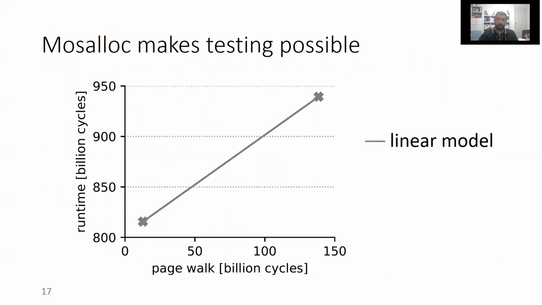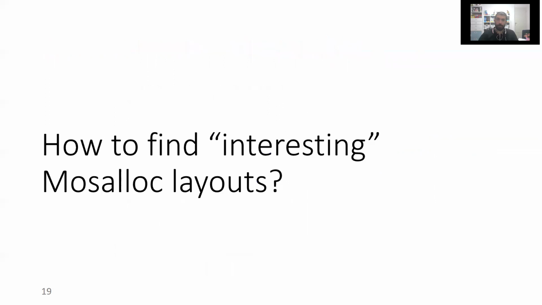Graphically, Mosalloc allows us to test the pre-existing runtime models, which are defined by only 2 points, against dozens of new experimental points. As noted, Mosalloc allows us to back the address space with arbitrary combinations of regular pages and huge pages. But it only does as it is told.